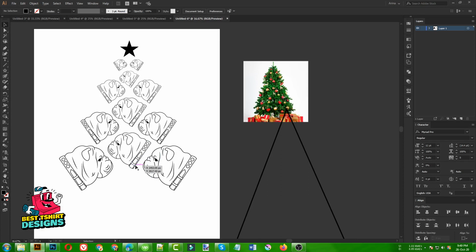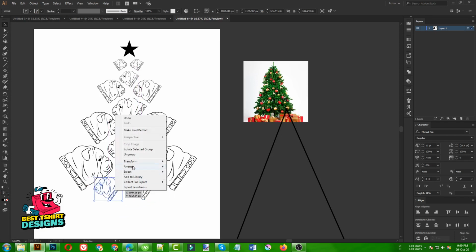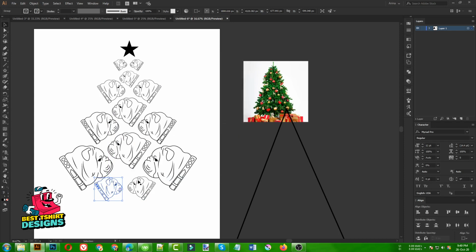We can keep it as it is, or we can do some other modifications. If we want to fill this area a little, we can use a smaller dog head shape and center align them. Then I'm going to adjust the position just like this. So this will give me the root of the tree or the body of the tree, something like that. That is good, I think. Now I need to select these three. If I click here, it will adjust the space between them, the space I was talking about.